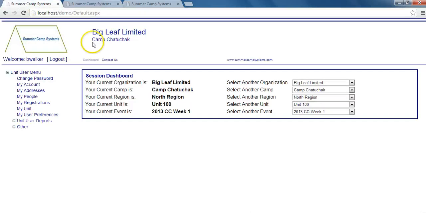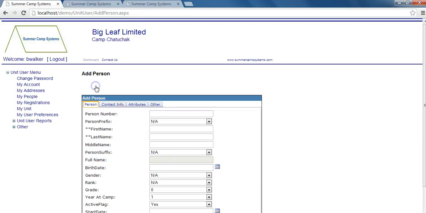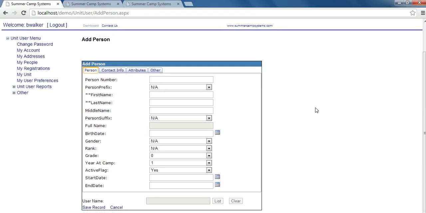Back in the application, I'm going to go ahead and click on My People, and then I'll click on the Add Person link from the Manage My People form. That will pull up the Add Person window. I'm going to go ahead and fill in a first and last name because those are required fields. And then I'll go ahead and add a birth date